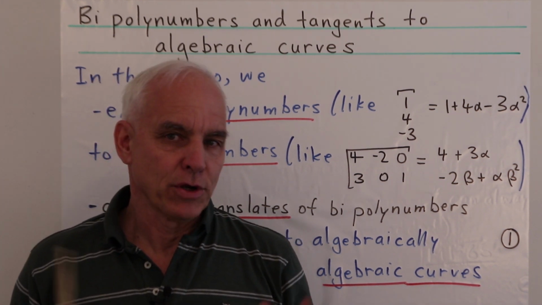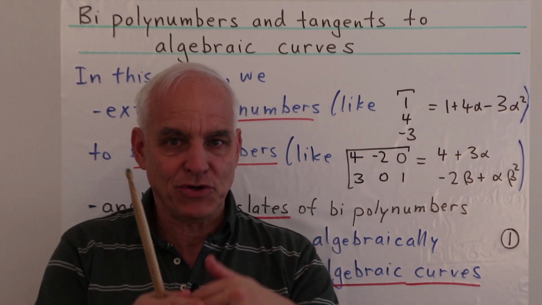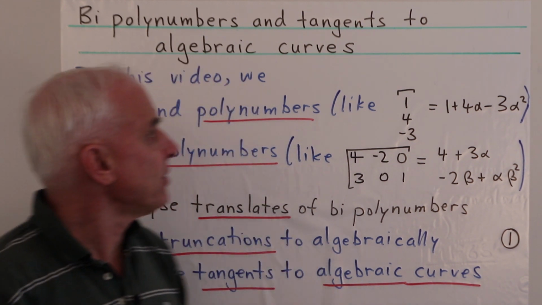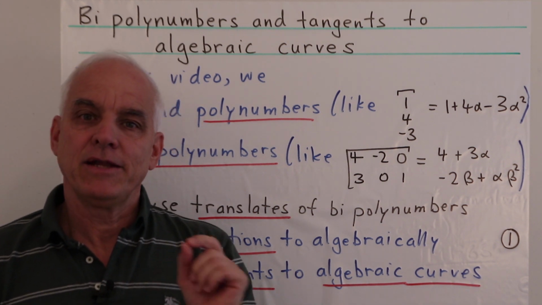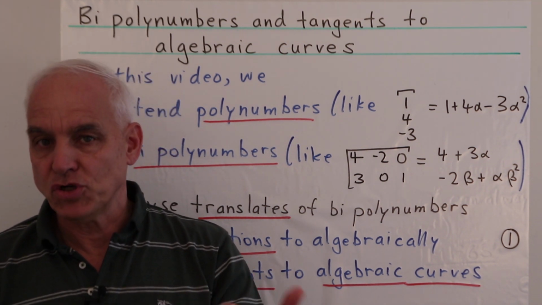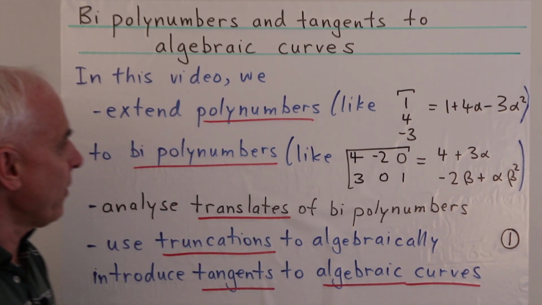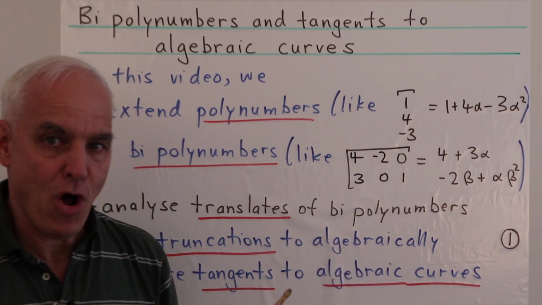In this video we're going to look at polynumbers, extending the idea of polynumbers to two variables or two directions. And then we're going to apply that to the interesting problem of defining and computing tangents to rather general algebraic curves. Okay, so we're going to start with the idea of a polynumber,